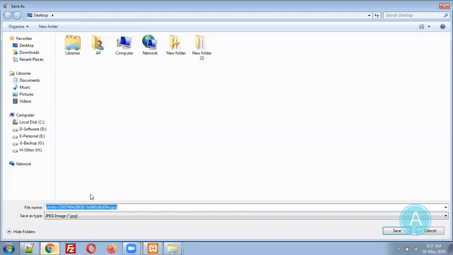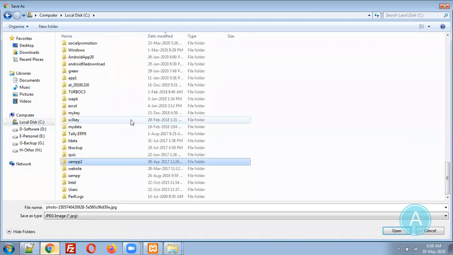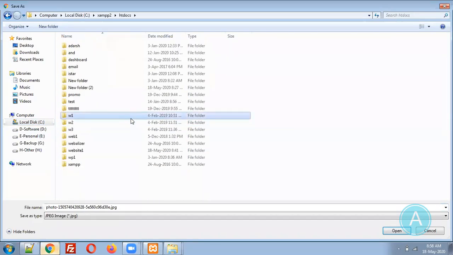Now the most important point is where to save this image. Most of the students get stuck at this point. Where to save the image, how to save the image, what is the file name of the image, and so on. Because the file name matters somewhat. If you go with a small file name or a capital file name, everything will be considered a point of programming. Now let me go to XAMPP, htdocs, website 1.